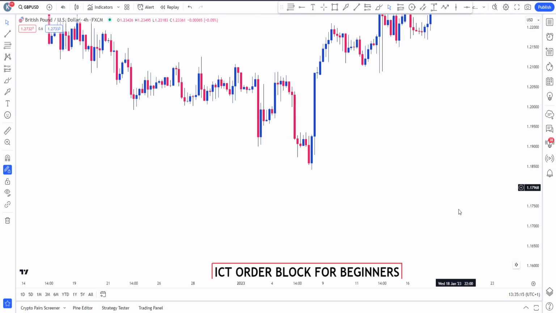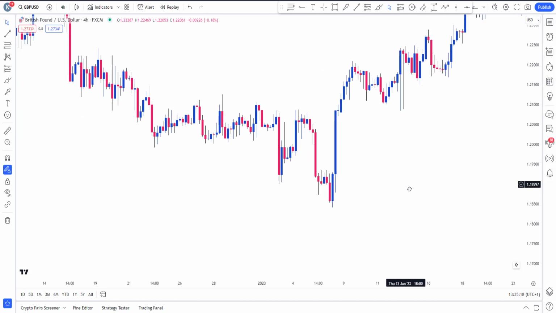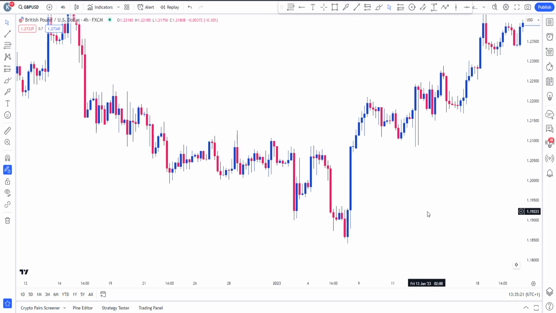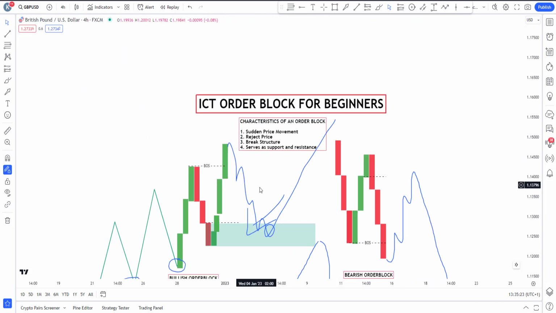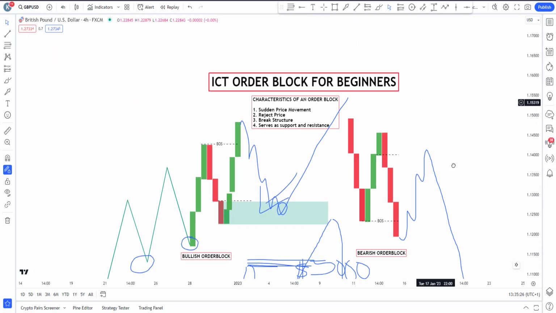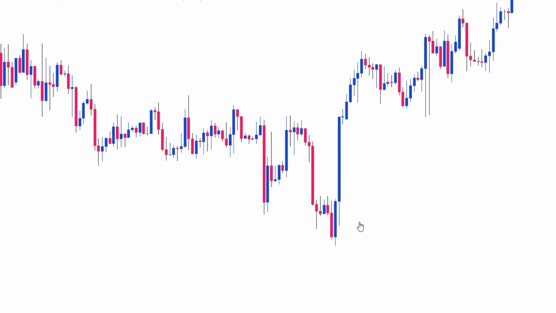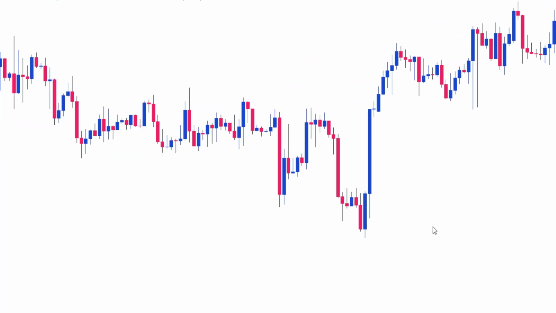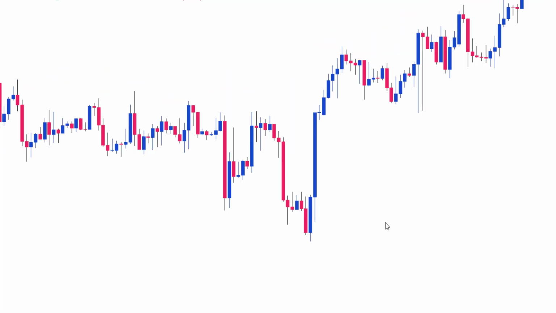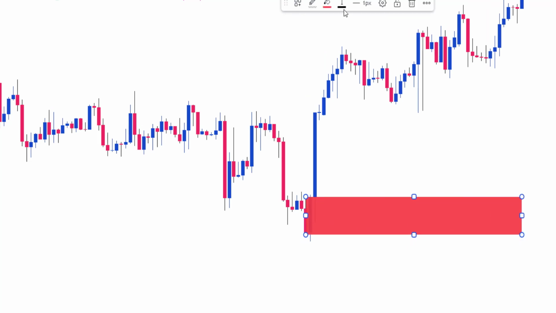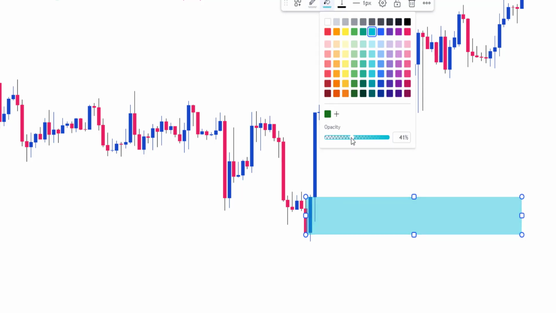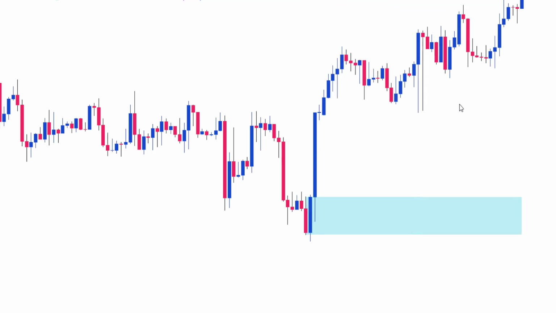Okay, so looking at our chart, you're going to see this differently. You're not actually going to see it very smooth like the one I just sketched right here. You're going to see it just like your price action. There is nothing funny about this. You're going to see it time and again. But look at this. We're just identifying an order block. If I pick this as my order block, let me just make it more transparent so you can see it. If I pick this as my order block,